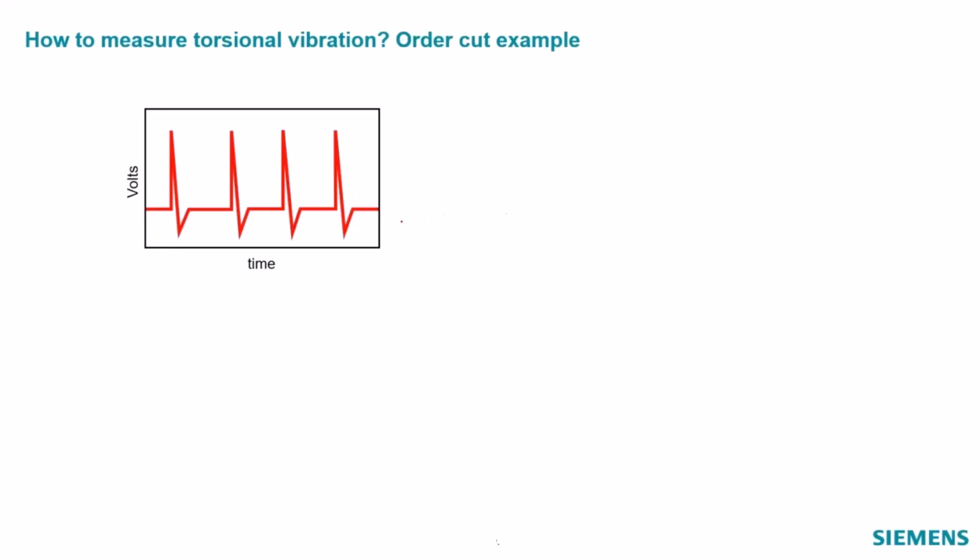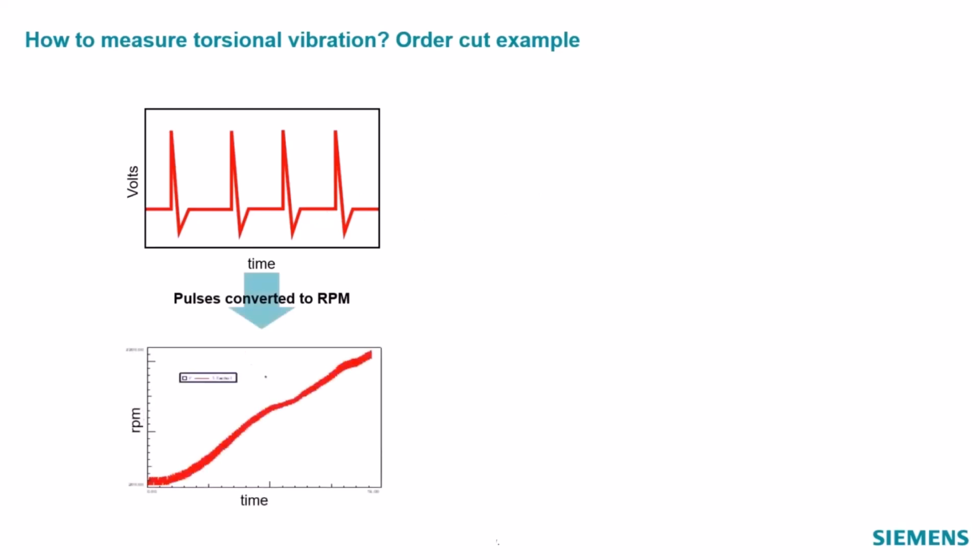How do we analyze some of this torsional vibration? We start out by having a bunch of pulses. We look at the time between pulses and we calculate an RPM. So we would hopefully get this somewhat funky RPM time curve that has fluctuations in it. If it looks very smooth, either you have no torsional vibration in your system or you're maybe measuring 1 pulse per rev and missing out.